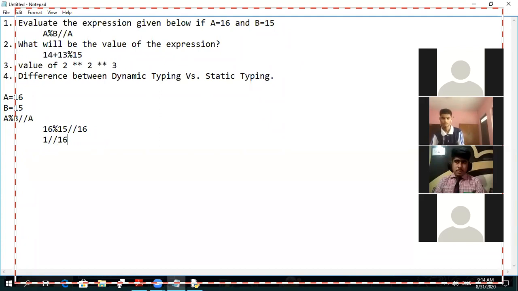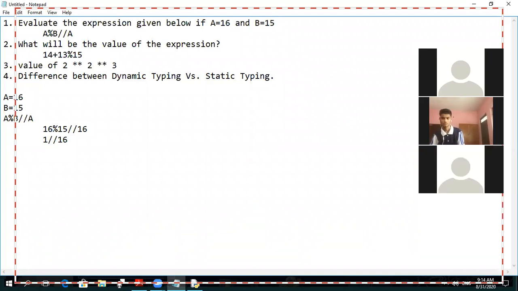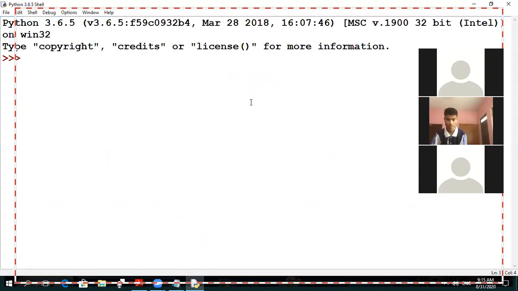When both the numbers are integer, then the case of floor division always provides integer value in terms of quotient, not in terms of remainder. So when we divide this one by 16, we will get 0 point something something. Okay, so finally it will give answer 0 instead of 0 point like this. Now solve this question in the Python software and you will get the answer.